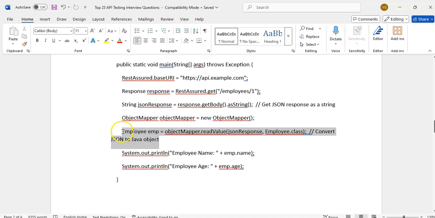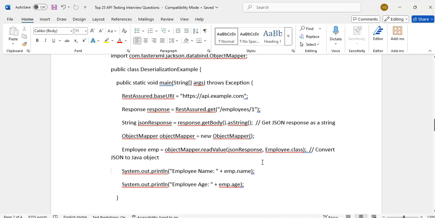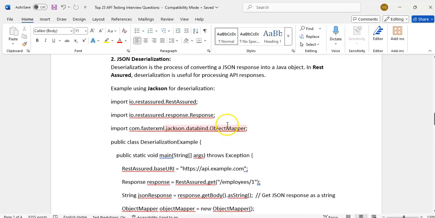If you want to read data from the JSON directly, it's difficult, but if you convert it into an employee object, it's very easy to read the data. This is deserialization: converting JSON to an object.